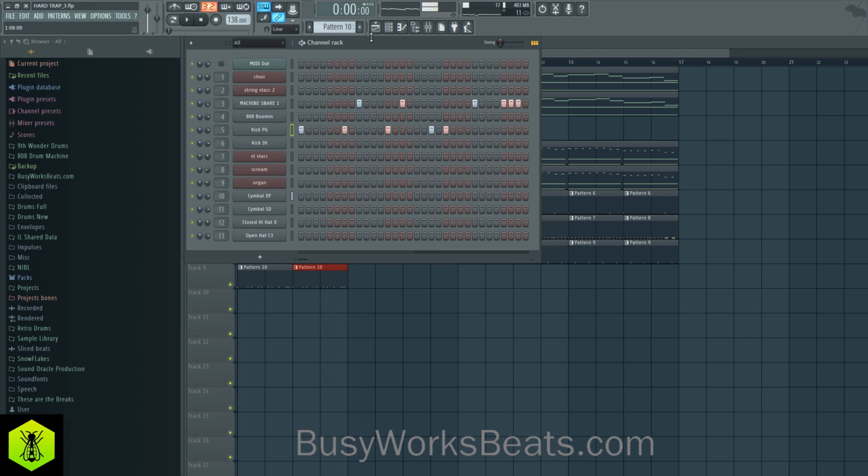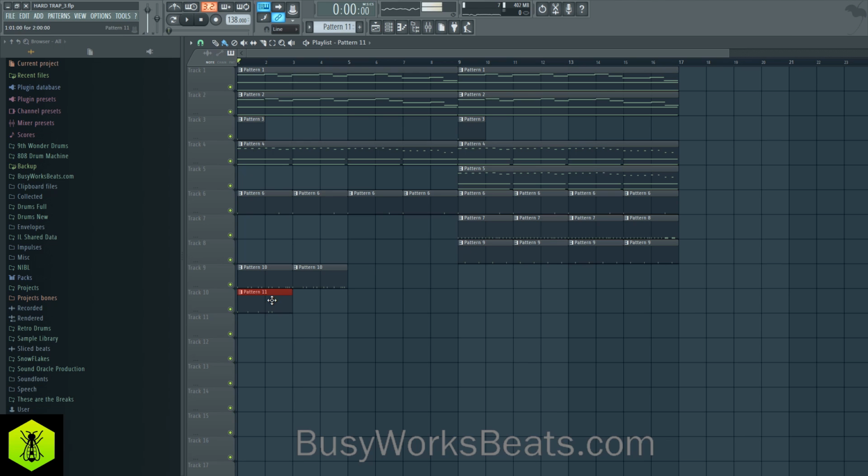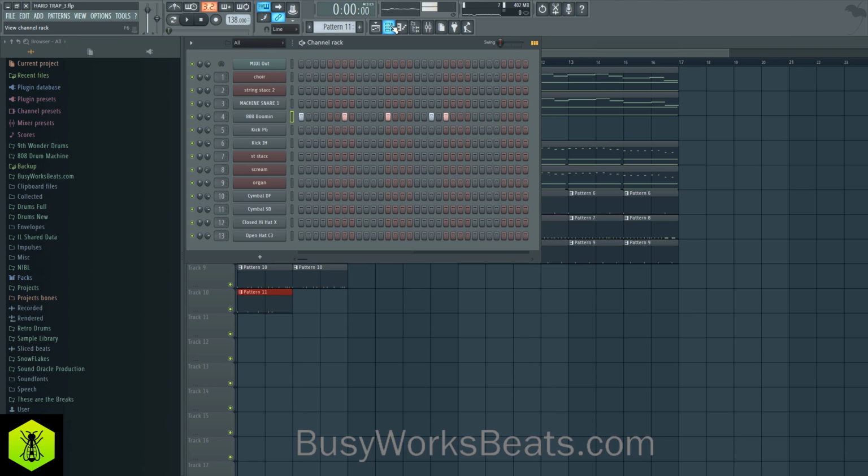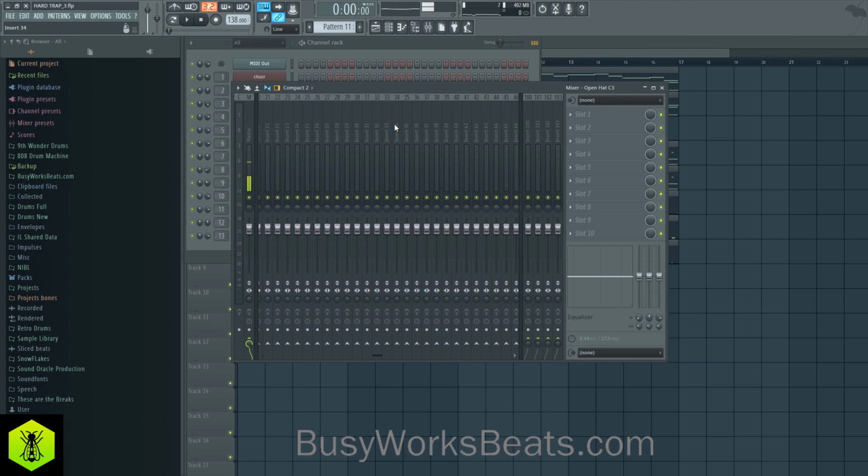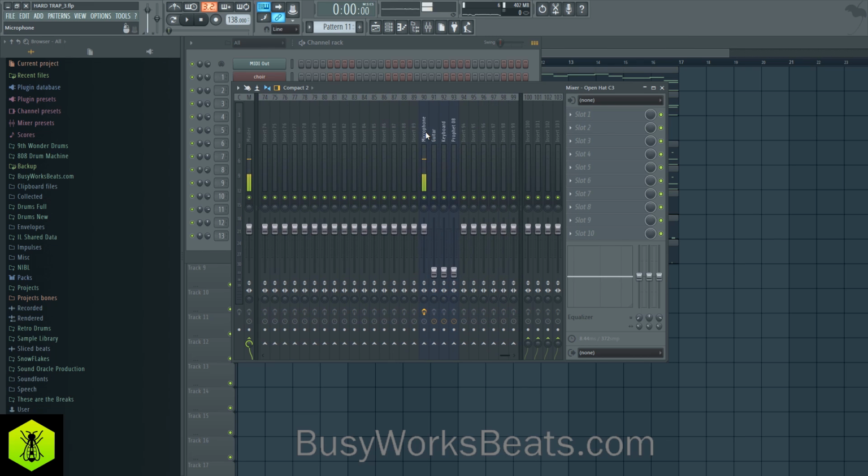Okay, so now we just need to copy our kick pattern. Let's go to pattern 11. Let's go to the 808. Let's hit Control V. Now we're going to give the 808 notes so that it has a different tone. But what I'm going to do is go by how it feels. I'm going to turn off my mic so I can play my speakers and I can feel the 808. And then I'll go back and show you the notes and why they work.